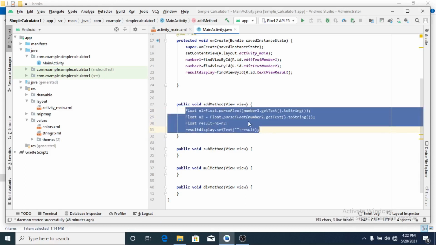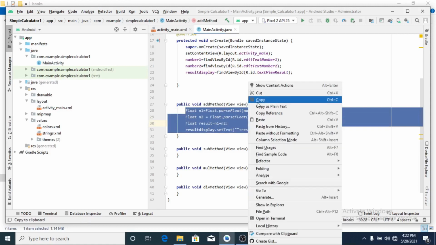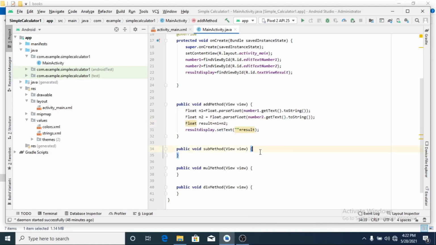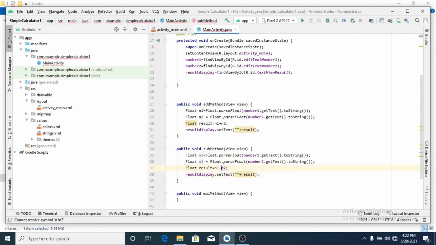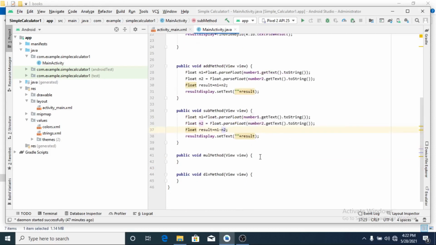Let me copy this and put it into subtract, control V, and here simply I will change to minus, correct?